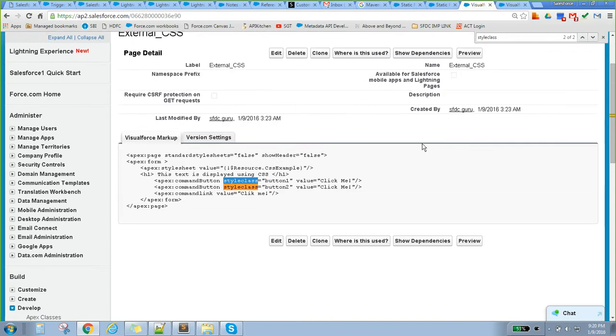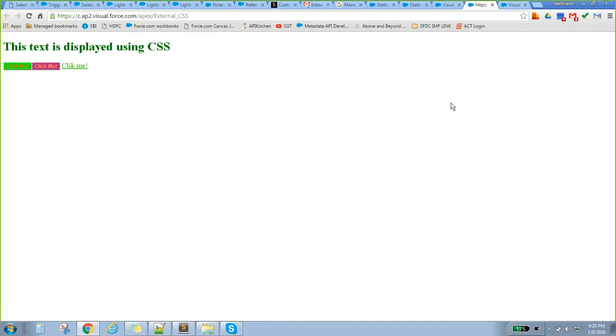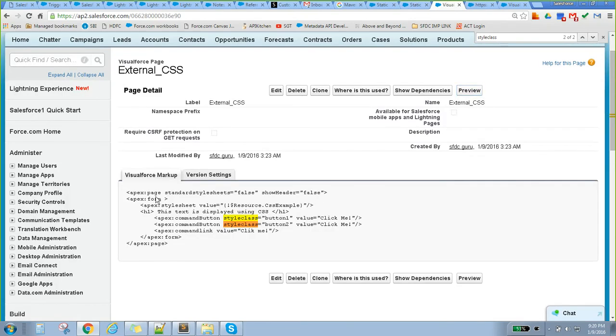If you open this particular UI, you can see some look and feel coming, some different colors basically. This is by use of the external CSS. If you are using external CSS, then the page loading won't take much time.